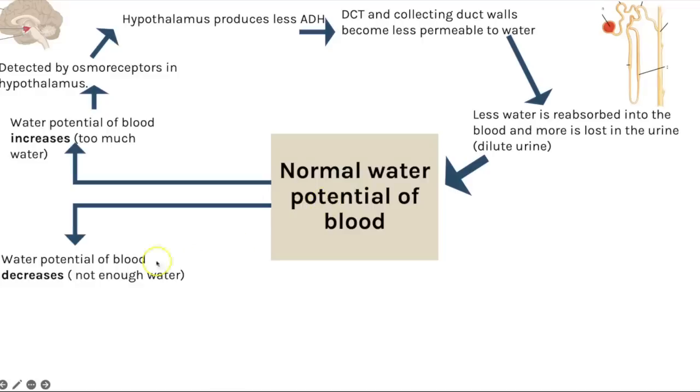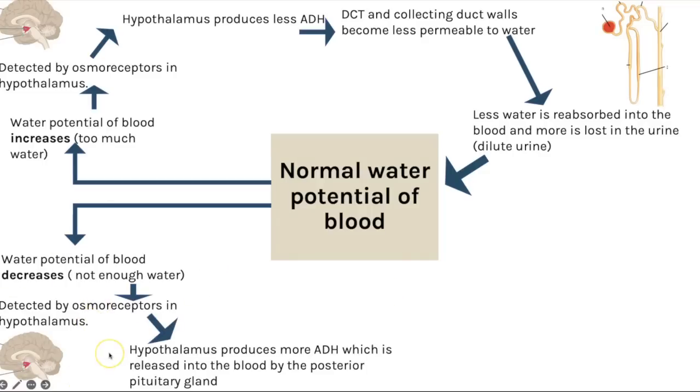Now, the opposite of that would be if the water potential of the blood decreases, meaning you don't have enough water in the blood. And that could be you've not drunk enough water, or maybe you've been sweating a lot. And this again is detected by the osmoreceptors in the hypothalamus. And this time the hypothalamus will produce more ADH in response, which is then released into the blood by the